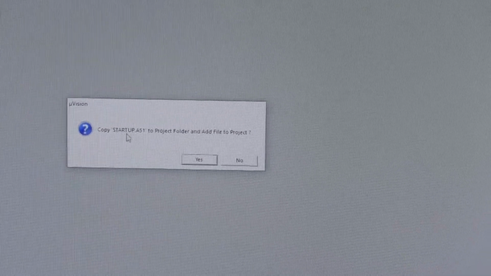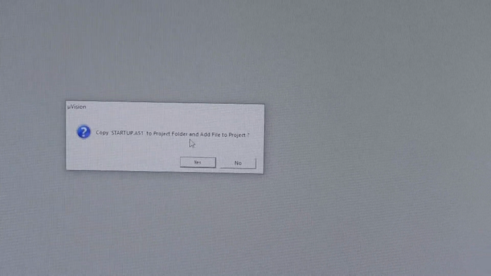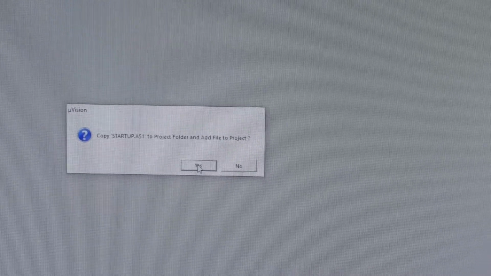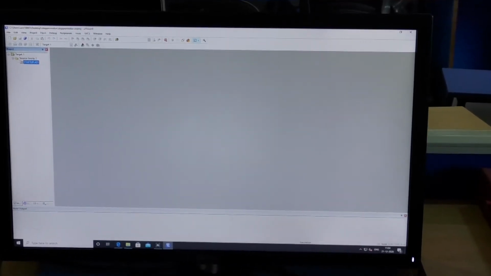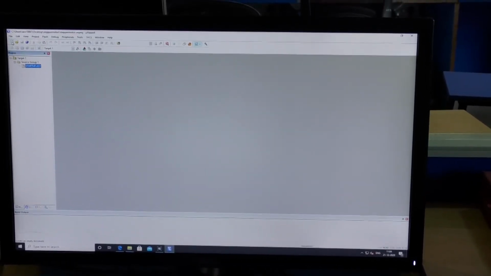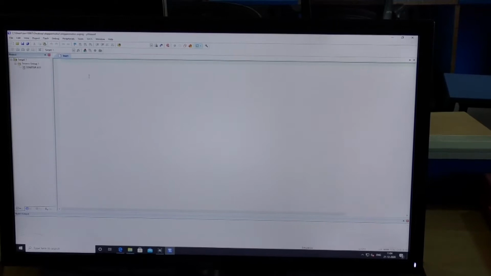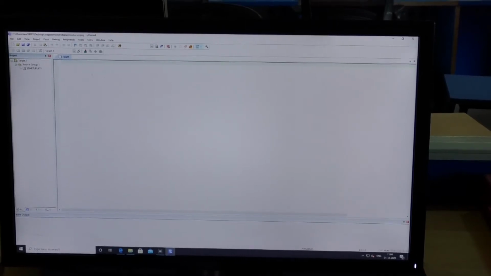So I am adding this startup file to my project. Click on Yes and it will add it to your project. After that, click on New. A new editor will open and write the program.